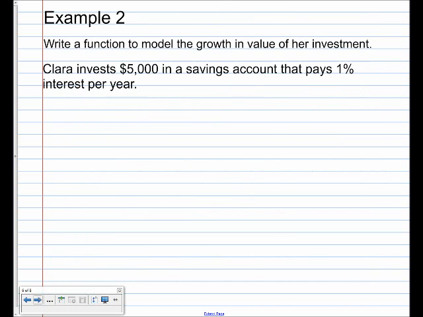So I want to show you a quick example of how we're going to use this. This example is with Clara investing $5,000 into a savings account. I know you guys probably don't have your own savings accounts yet, but you will in the future. The way this works is you deposit your money into a bank, whether that's Chase, Bank of America, Wells Fargo, whatever bank it is. What they do with that money is they loan it to other people, like for mortgages, for houses. They use it to finance other different things in the market. Whatever it may be, they're using the money that you deposited, and to pay you for that, say as a thank you for letting them use your money, they deposit money into your account